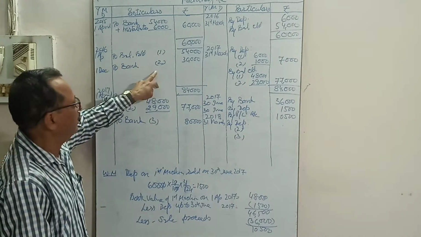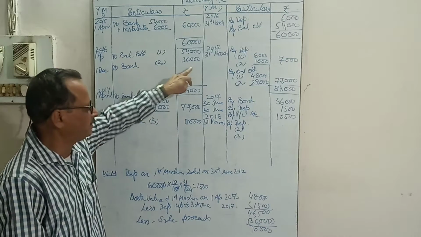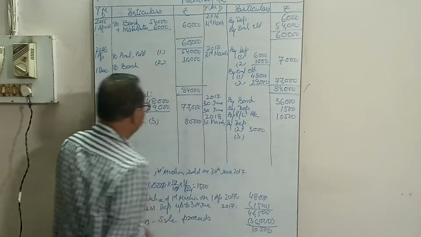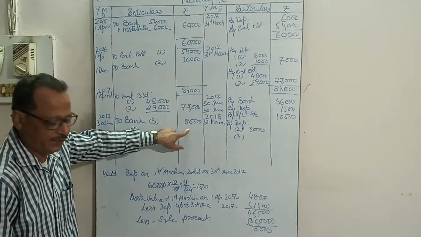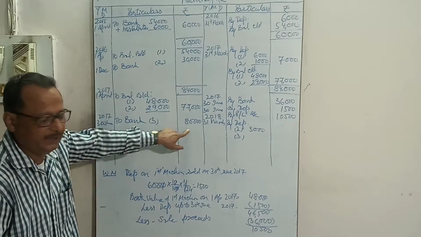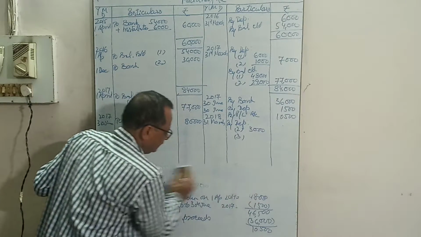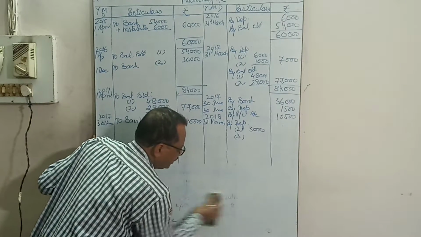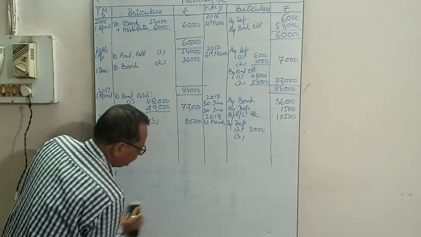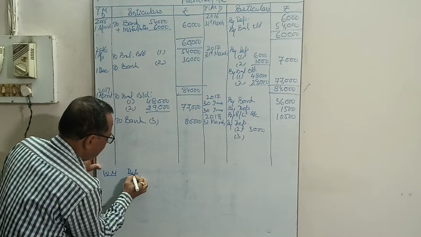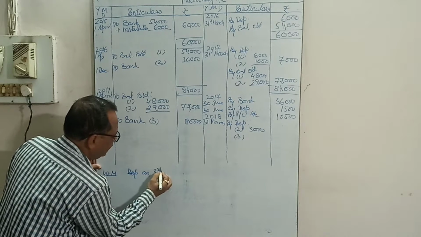First machine is gone. The second machine original cost is 30,000, 10%, 3,000 rupees. And the third machine was purchased for 80,000 rupees on 30th June. See it. Depreciation on third machinery